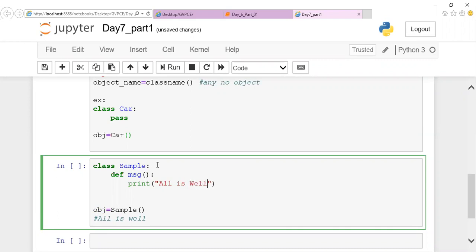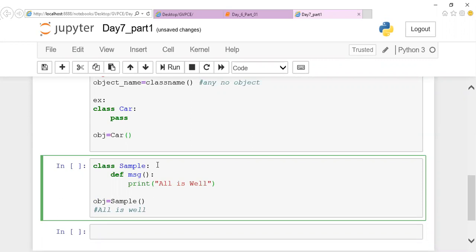Now this message has been printed. Now if I execute this program, will it execute? No, you will never get any output. The reason is that you are creating an object for a class, but you are not calling this function.